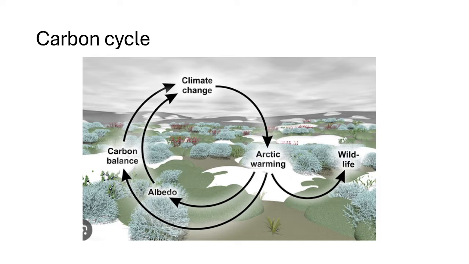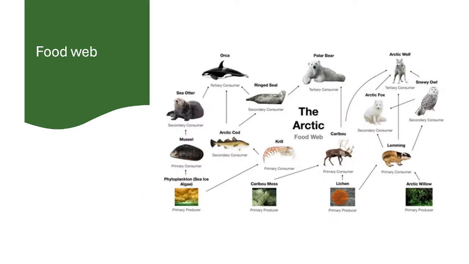This is our carbon cycle. This is a food web. You can see plants as your primary producers, and then some smaller herbivore primary consumers such as our moose, and then you can see secondary consumers like fish and foxes that eat the primary consumers, and then the tertiary consumers or apex predators at the top that eat secondary consumers and sometimes primary consumers.